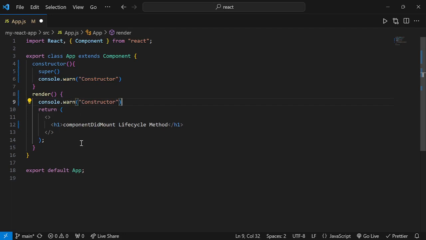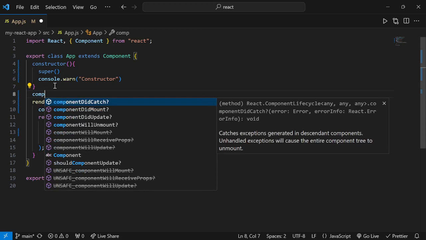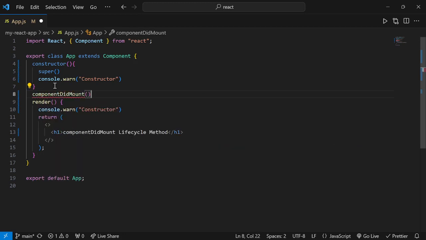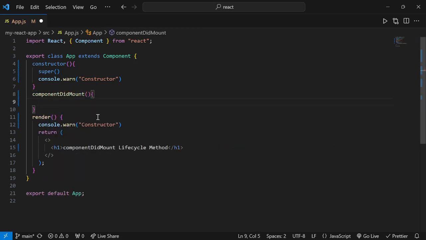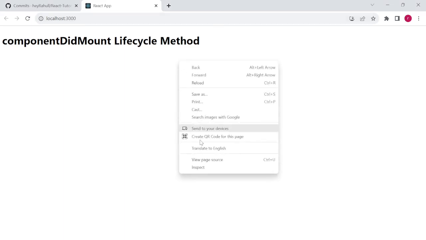and in the similar way I am going to create one more, that is componentDidMount lifecycle method, and in the similar way I am going to write a console statement here even. Once this is done, I'm going to just write the same thing here. Okay, so this is done. Now I'm saving it, and once we go to our browser window, I'm going to open my console side by side,